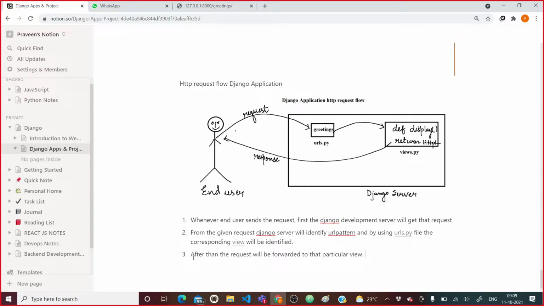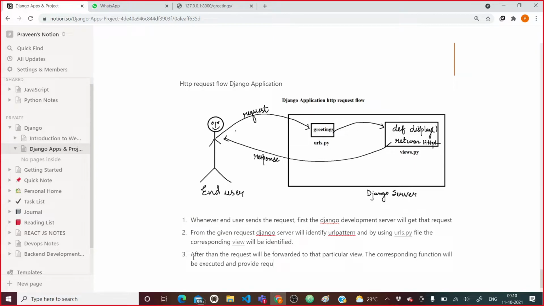After that, the corresponding function will be executed, and it will provide the required response to the end user.